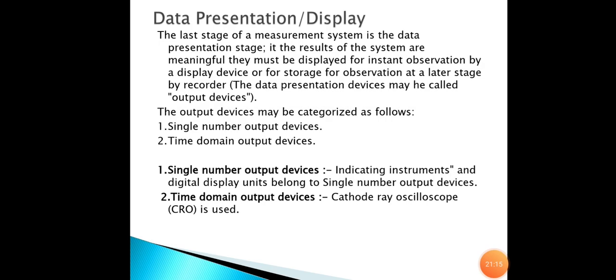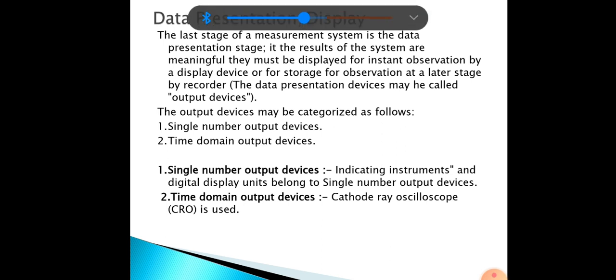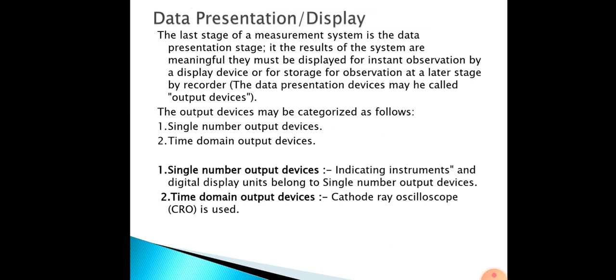Okay, these time domain output devices are nothing but the indicating instruments or digital display units. They are suitable only when the output varies at a very slow rate. They do not serve the purpose when the value of the quantity is to be taken as a function of time. For fast changing outputs, it will be a cathode ray oscilloscope. For keeping a permanent record of the variation of the output with time, cathode ray tubes, photographs, direct writing records, strip chart records and magnetic tape records are used.